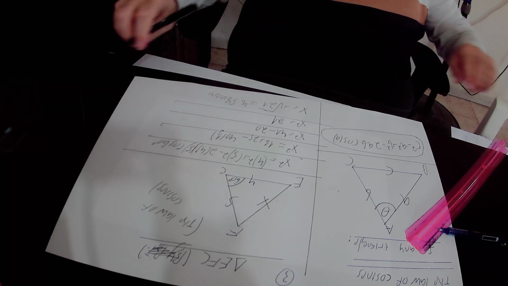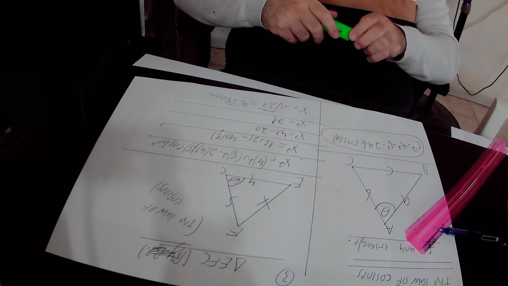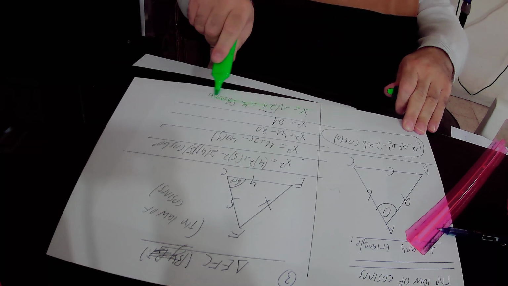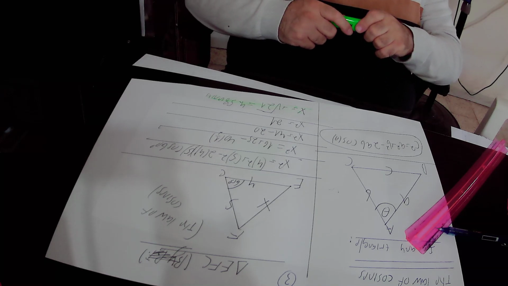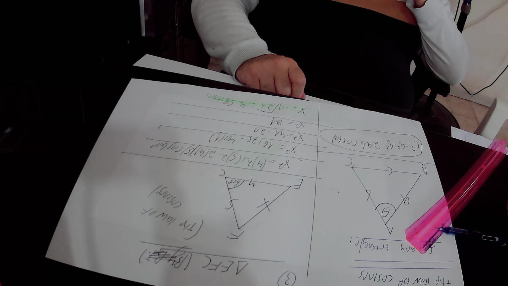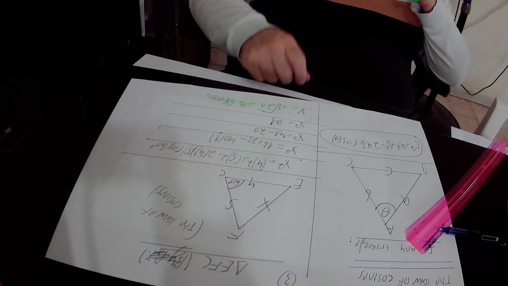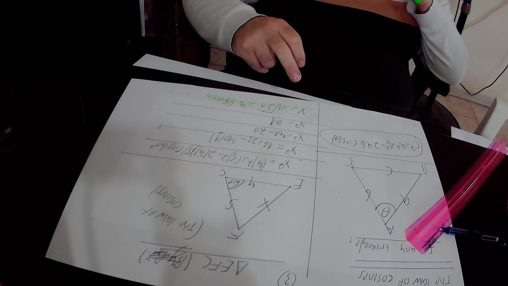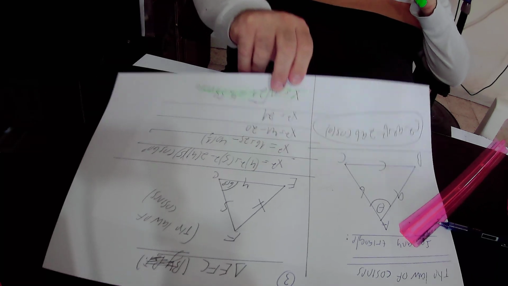Okay, and the reason that x equals the positive square root of 21 is because x is a length, and as x is a length, it must be a positive number. So